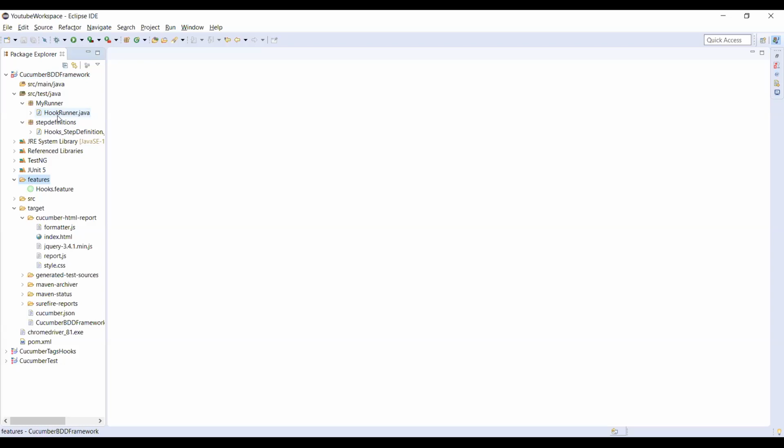A feature file contains the high level description of the test scenario in a simple language, which is Gherkin. If you see, this is the feature file, and it contains the description of the test script which has to be executed.